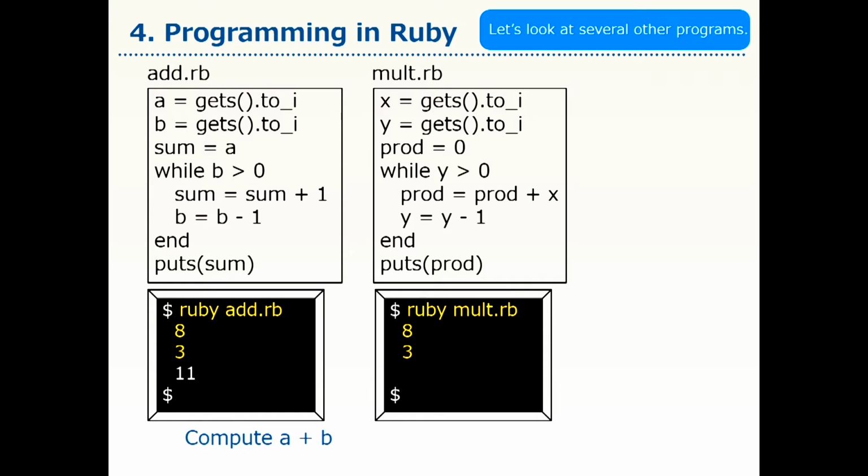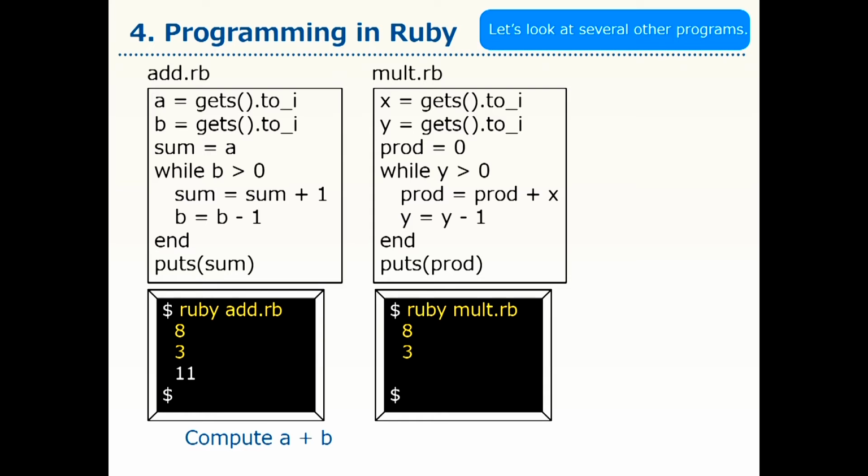To consider what kind of computation is being done here, let's put in 8 and 3, for example. If 8 is put in x and 3 is in y as an input, this repetition or loop will be repeated a number of times like just before. In the previous program, at.rb, when 3 was put in b, it decreased by 1 each time and repeated until the value of b reached 0. Similarly, in this program, mult.rb, if we have the value 3 in y, for example, the value of y